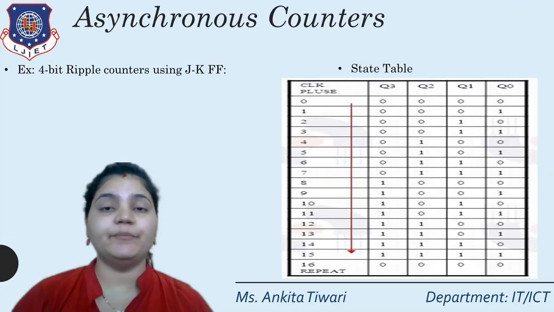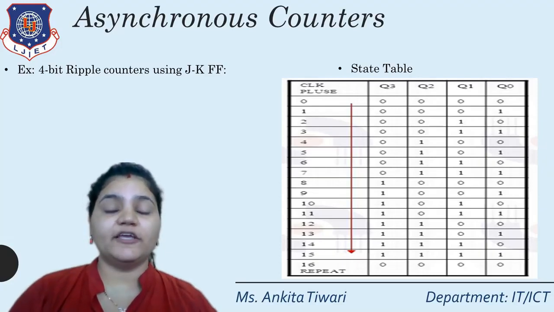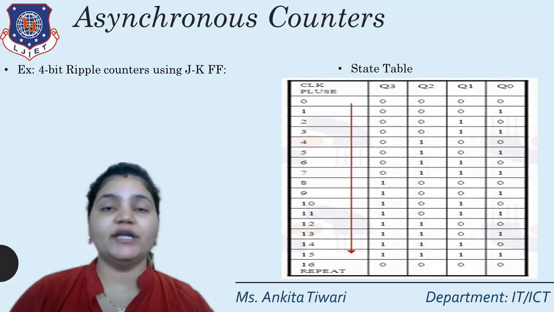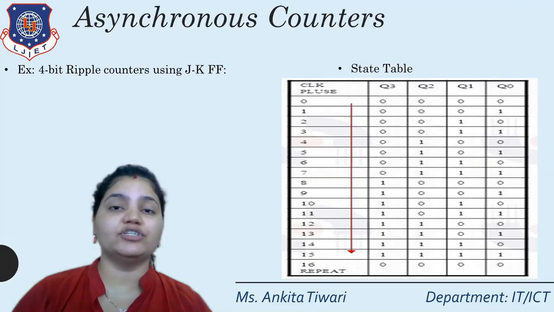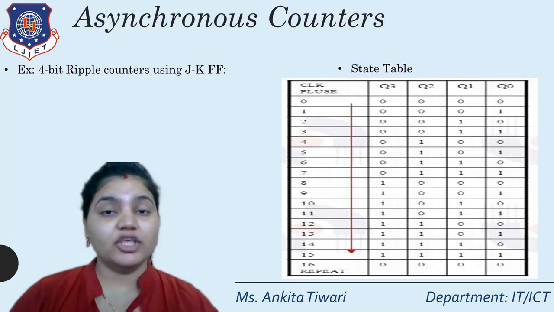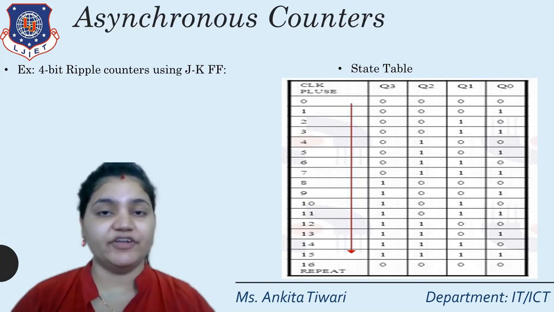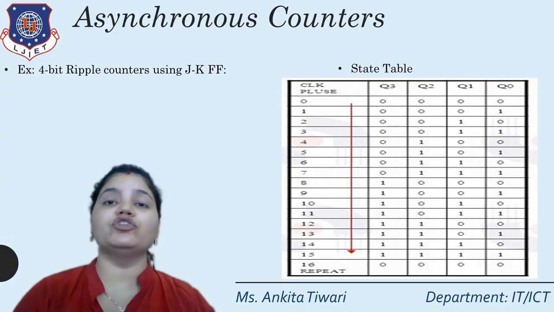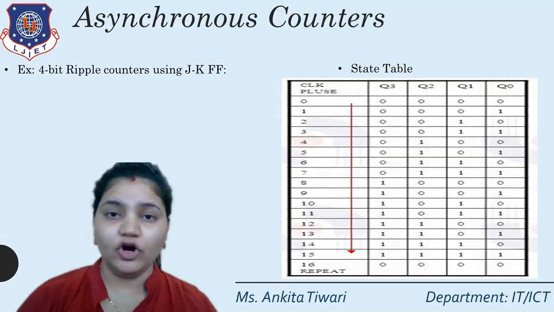Just see another example. Now the Q1 state is 1 and the next state is 1. Why? Because here Q0 goes from 0 to 1, so it will not change. But now Q1 is 1, and in the next state it becomes 0. At that time, Q0 goes from 1 to 0. Just see, that thing will happen till the end. So we got 2 conditions. Q0 is complemented at each and every clock pulse, and Q1 is complemented when Q0 goes from 1 to 0. Got it?